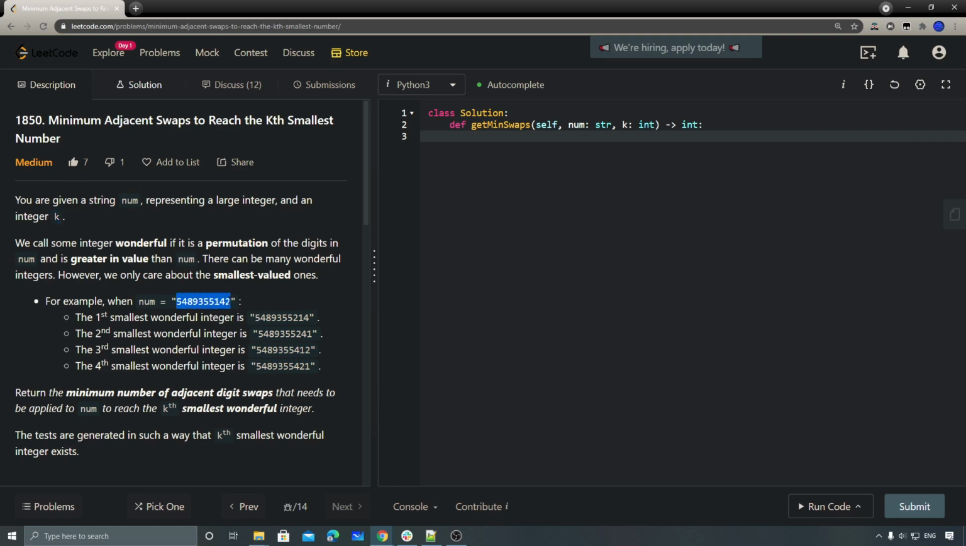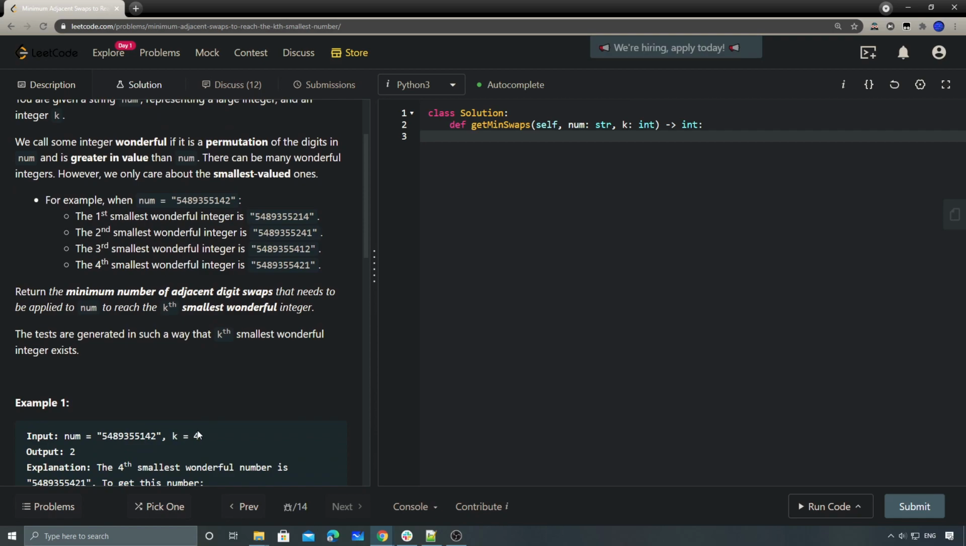starting from this number. For example, this is the number we have here, and the next greater permutation is 214, and then the next ones are 241, 412, and 421. We can keep going, and we need to find the kth one. In this case k is equal to 4, and this is our target, and we need to find the minimum number of adjacent digit swaps that need to be applied